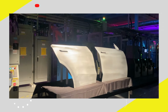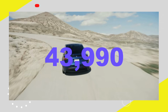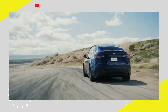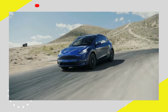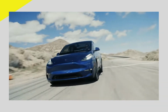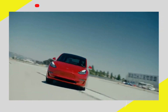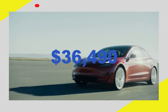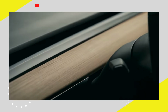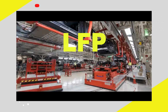It also seems to use a cheaper battery. As a result, the new Model Y rear-wheel drive starts at $43,990, $3,750 cheaper than the version discontinued last month. Plus, the model still qualifies for the $7,500 US federal EV tax credit, which means a post-credit base price of $36,490. Cha-ching. The new model likely uses Tesla's more affordable lithium iron phosphate, or LFP, batteries, which are cheaper and